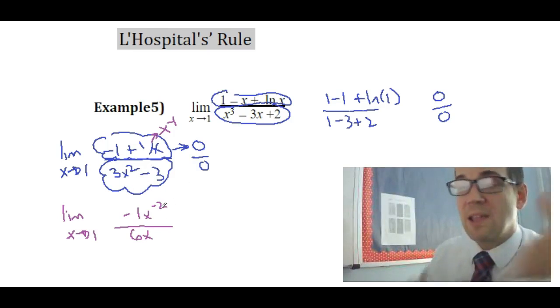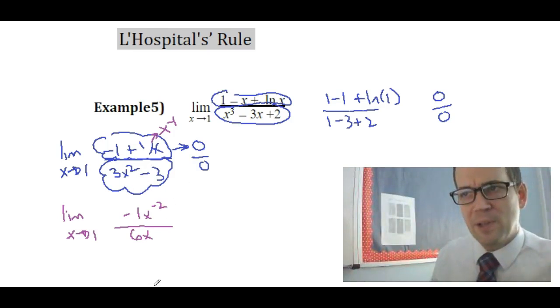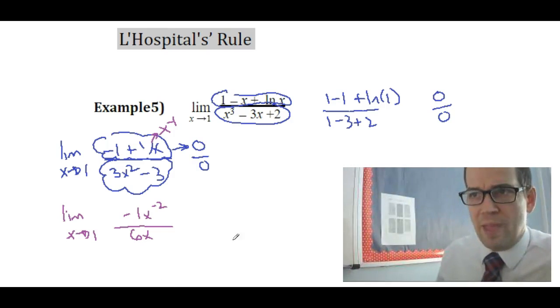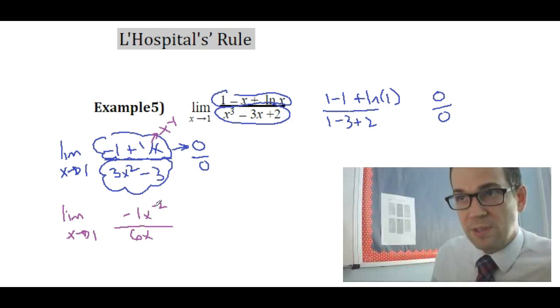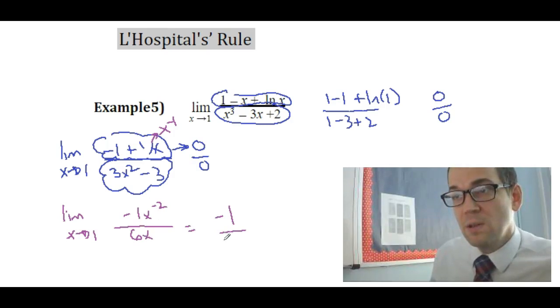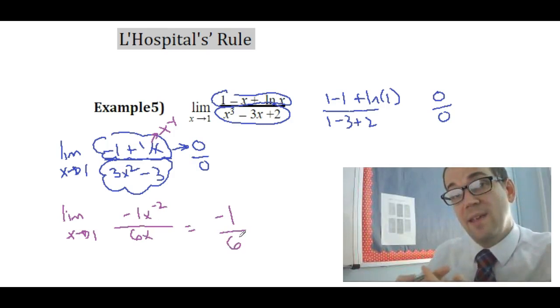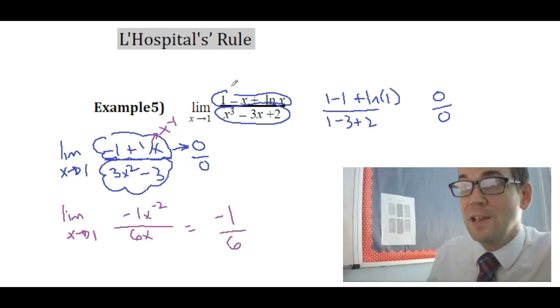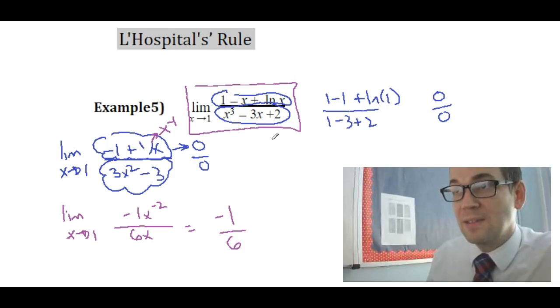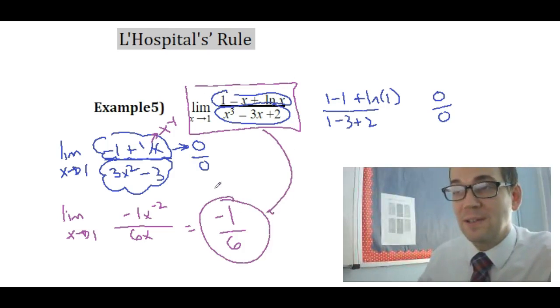And I could spend some time doing some algebra on this, but plugging in 1 is so easy that I'll just do that. When you plug in 1, you get 1 to the negative 2, which is still 1, multiplied by negative 1. So the top will be negative 1, and the bottom will be 6 times 1, which is 6. That is a form that is not indeterminate. It's just negative 1/6. So my final answer is that this limit is going to equal negative 1/6